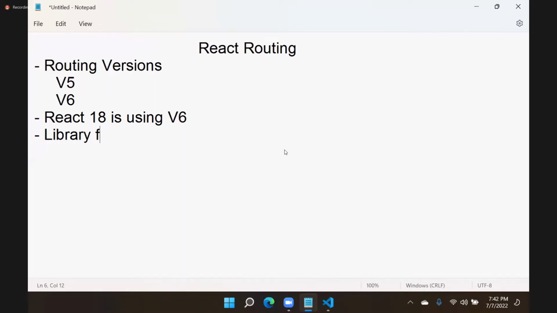The library required for routing is React Router DOM. So the library for routing is this React Router DOM. That is the library, right? React Router DOM is the library. Now in this, today we will first discuss the basic